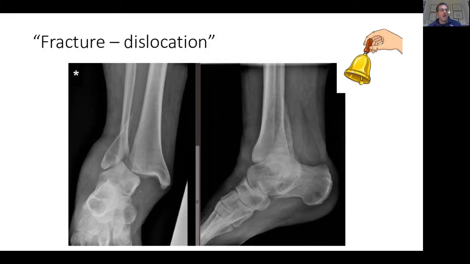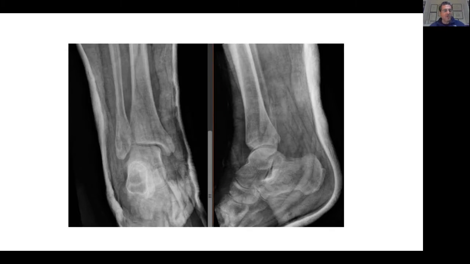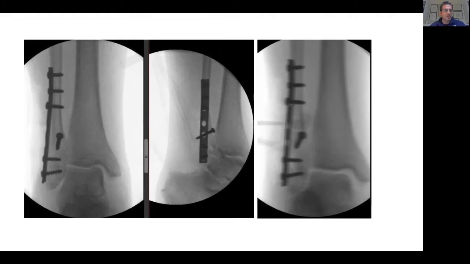So this is a little bit more obvious that this is a serious injury. And I would say, if you have a fracture dislocation, for me, it always rings a bell. There is something strange and wrong here, and you have to be very careful. Because what happens is we use these ankles, and if you just rely on this X-ray, you would say, yes, this is not very bad, and that's what the colleagues saw.